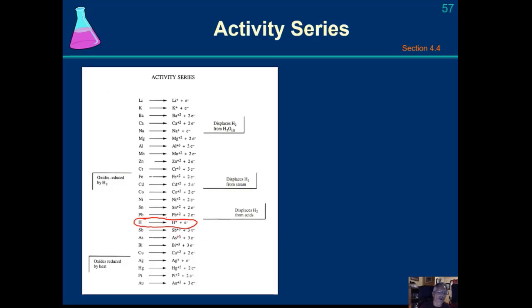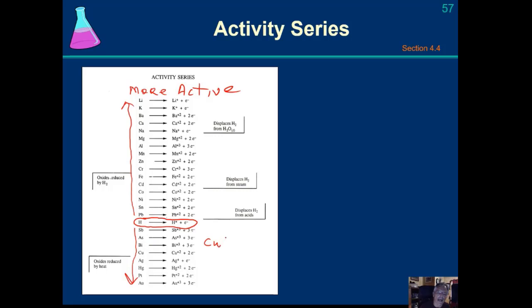So if I take lead or tin or nickel, anything that's above hydrogen on the activity series, because remember, these are more active or more reactive, and these are not more reactive. These are less reactive. So if I take a metal that's below hydrogen on the activity series, let's say copper,